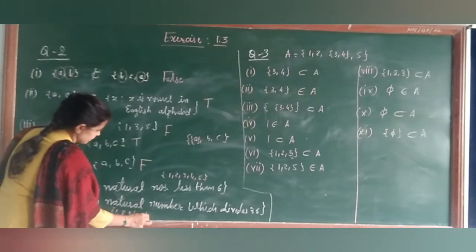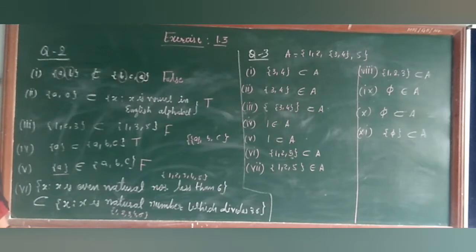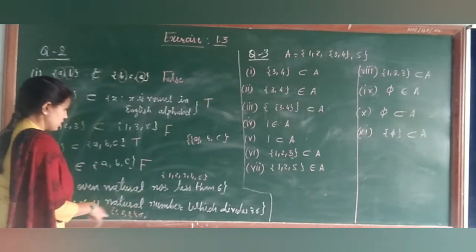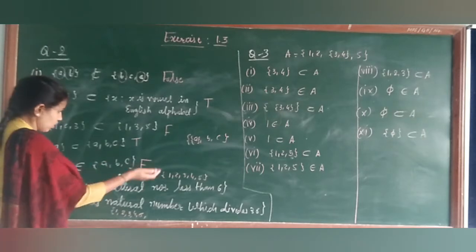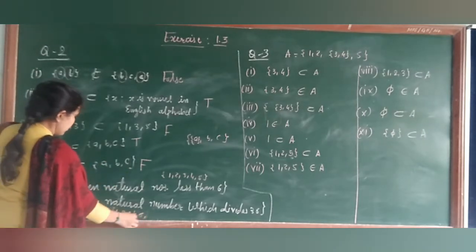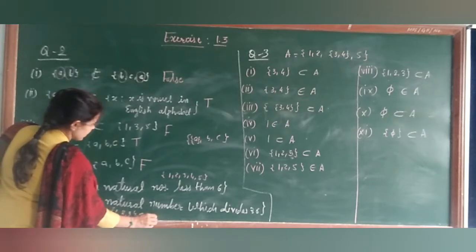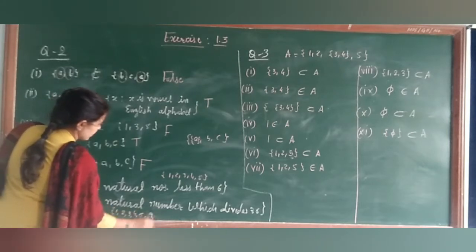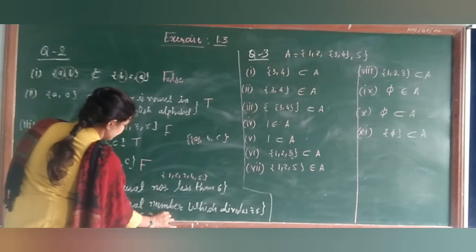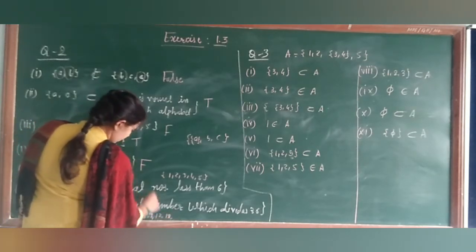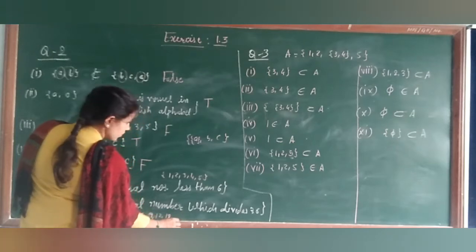No. 6, yes. And 36. Okay, X is the natural number which divides 36. So all the other elements are there. Okay, 1, 2, 3, 4. Then after 6 it will be 12. 9 also is there, 9. Then 12. Then 18. Then 20.